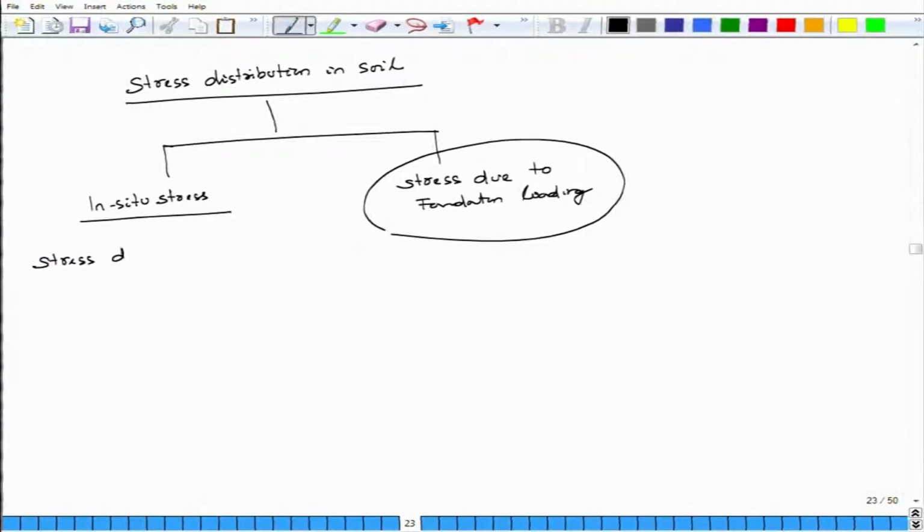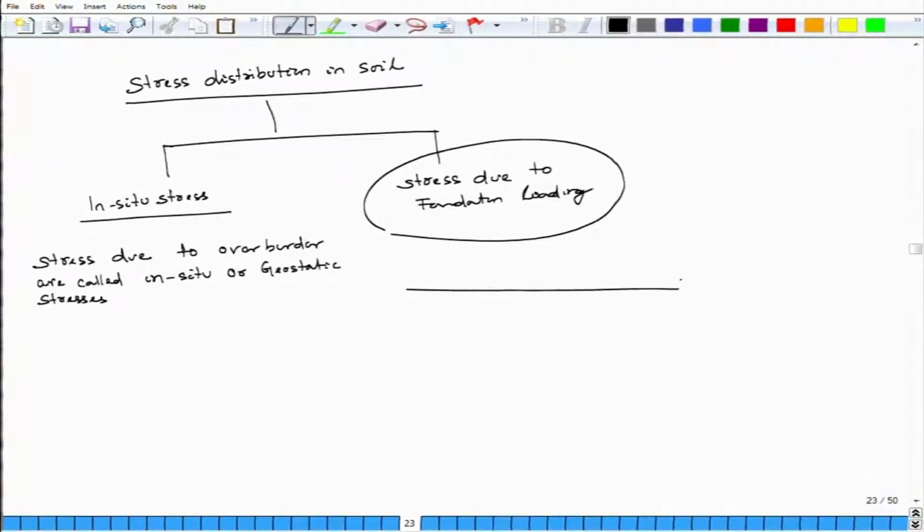Stress due to overburden are called in situ or geostatic stresses. So, take an example here, the layer of soil, and here is your water table,